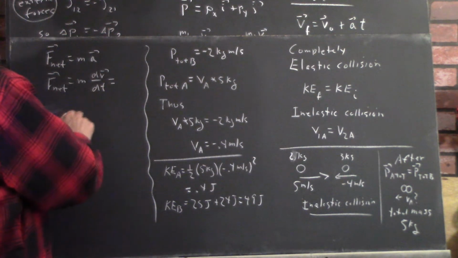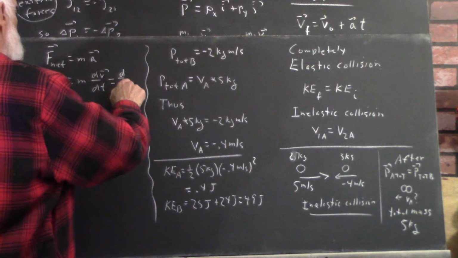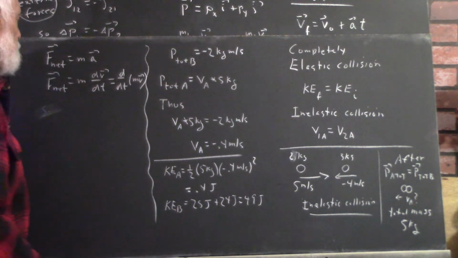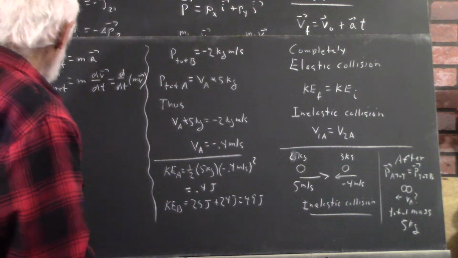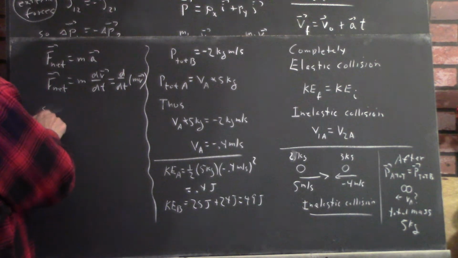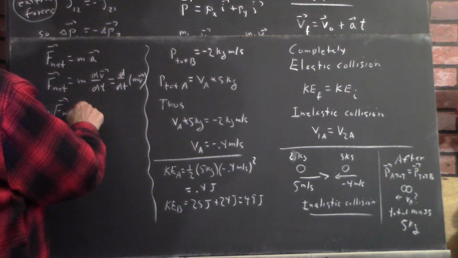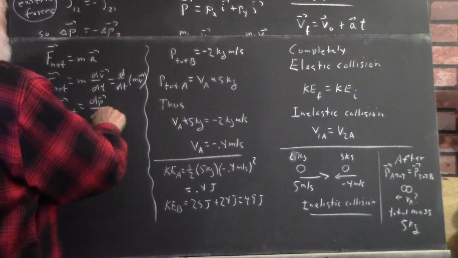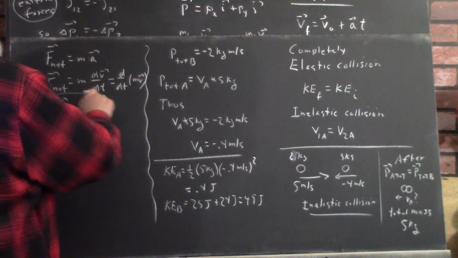If you have a constant mass, then this is just the derivative with respect to time of mass times velocity. So net force is the derivative of momentum,